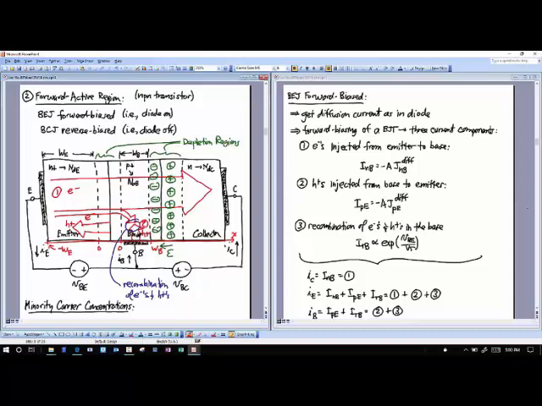Hopefully you know which 2 I'm referring to there. That's hole current. That's also, well, no, that's the wrong 2. That's my recombination current. My 2 current is here. Hole injection into the emitter. And then finally I've got my 3 current, which is recombination of electrons and holes in the base.